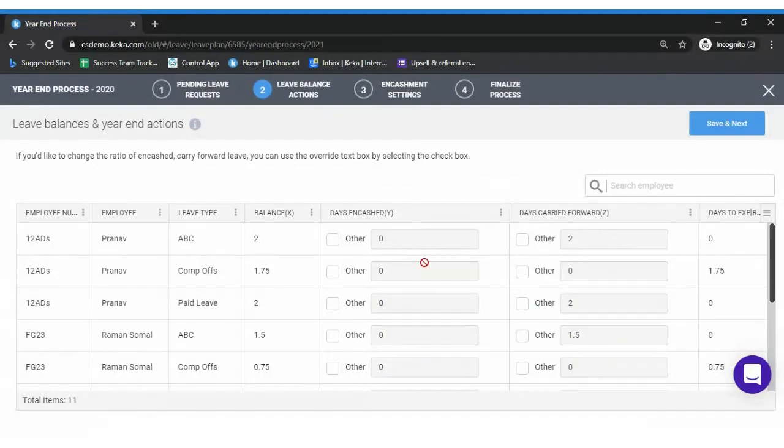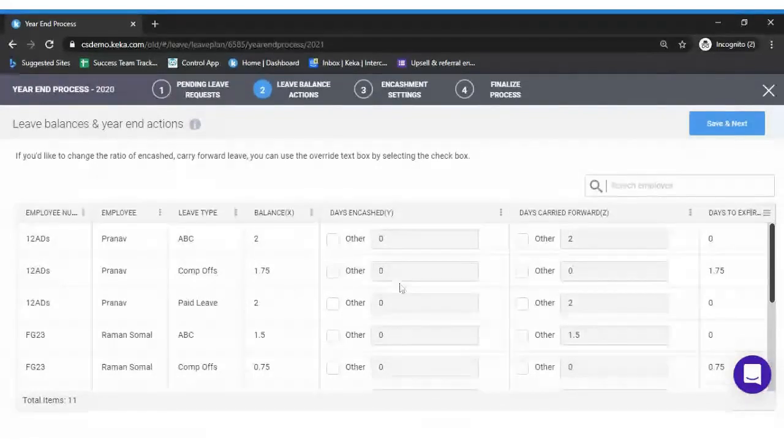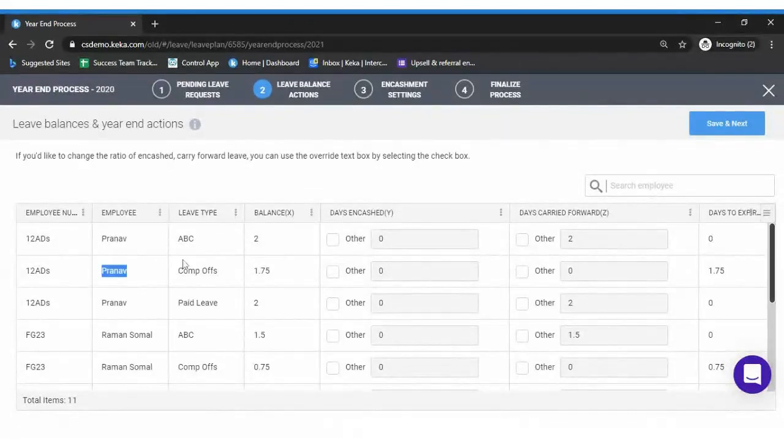Let's assume you're not satisfied, or you want to do any overrides as exceptional cases for a few employees. For this particular employee Pranav, during the year-end process, the comp off is 1.75.